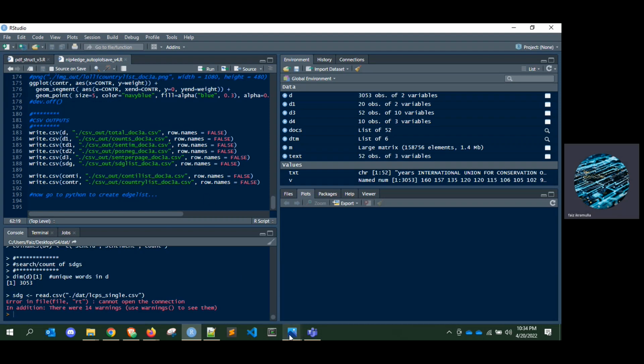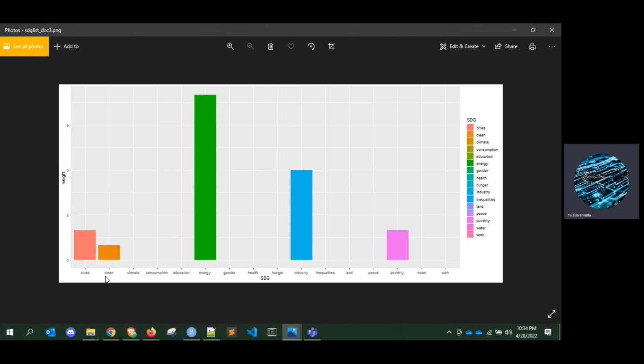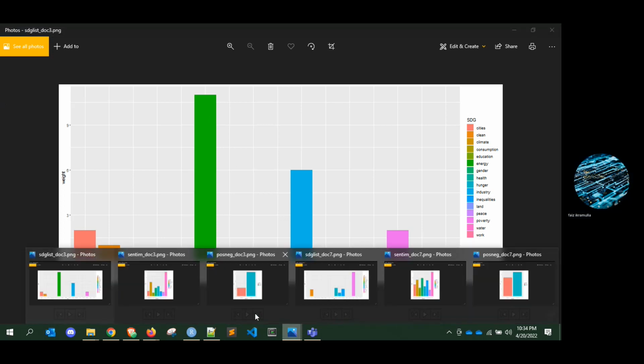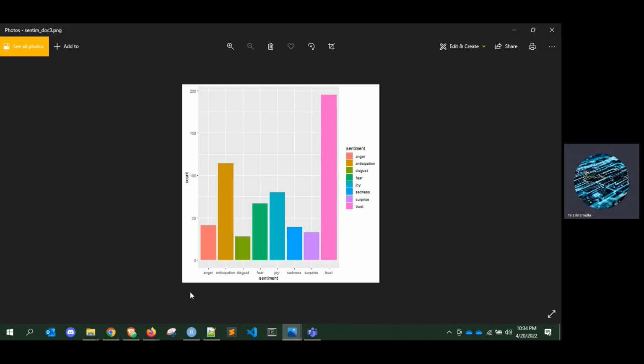Some examples of what this NLP can cover: in this case, document 3, the primary SDG discussed in this document was energy. Here is a distribution of the sentiment across this particular document, where trust and anticipation were the highest.